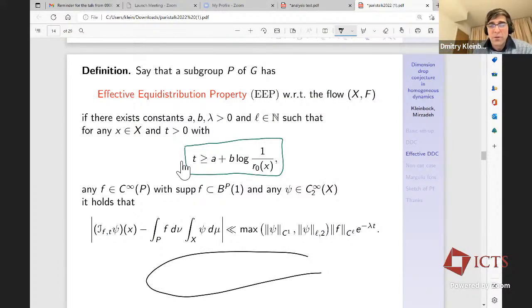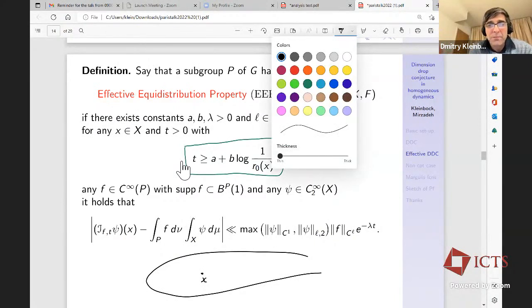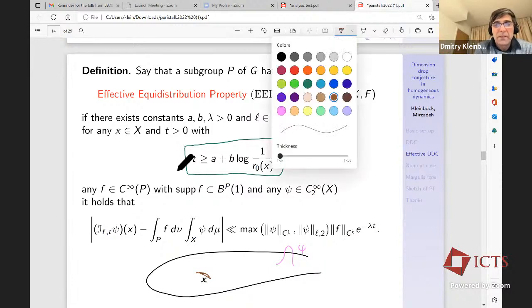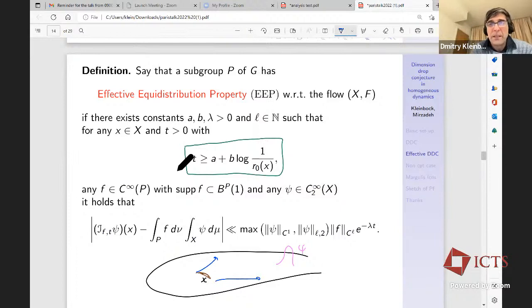Then you're going to do the following. You start with this X, and then you have a function f on P, which gives you something like this, and the function psi on X, which is a test function, and then you apply this integral operator. So you translate by t, and now you have this long curve that you integrate this psi over, and this is very, very close to the product of integrals of f and psi. Okay, so in other words, these translates get equidistributed with exponential rate, and not only do you have an exponential rate, you have some constant depending on the functions psi and f. So it's not really important how this constant is written, but this is what we can prove, because